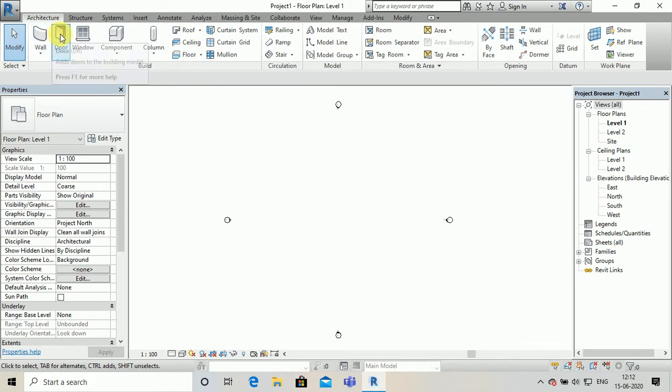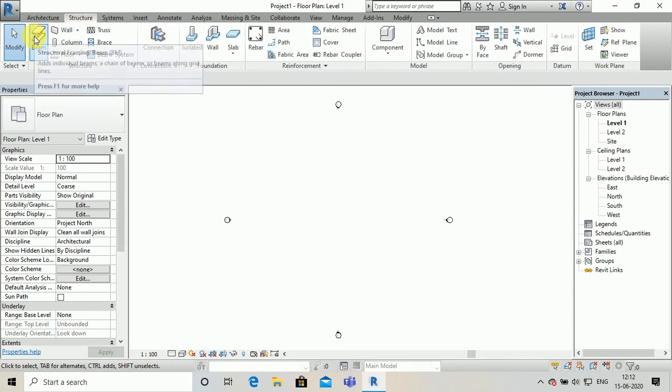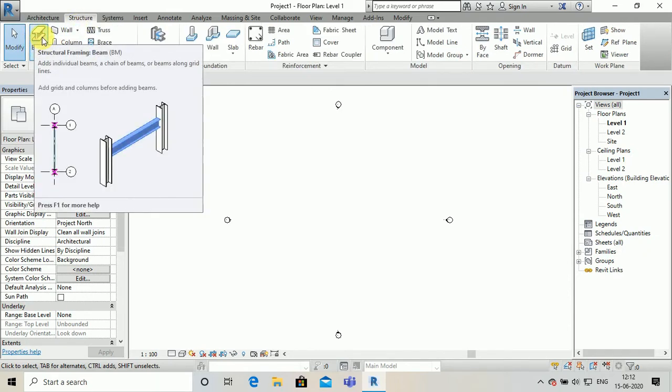Then you go to the architectural tab, you will see walls, doors, windows, components, columns, roof, ceiling, floor, railing, ramp, stair, room separator, tag rooms, then levels, then grids. Then you go to structure. Then when you go to structure, you see beams, walls, columns.